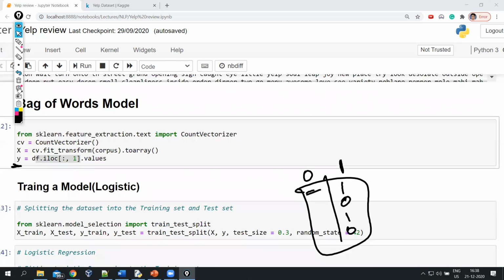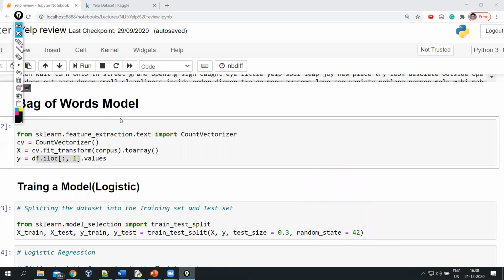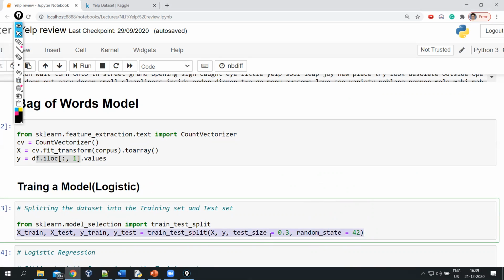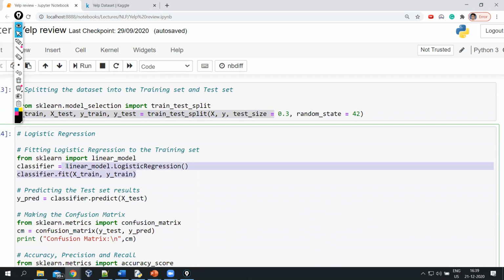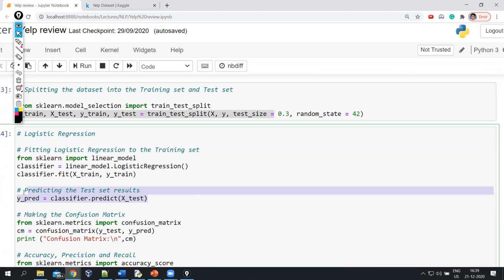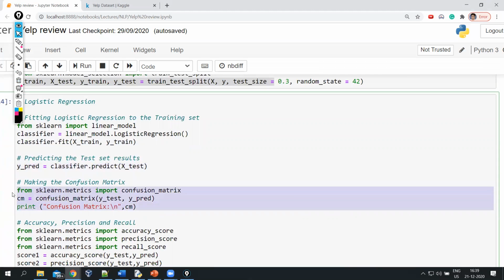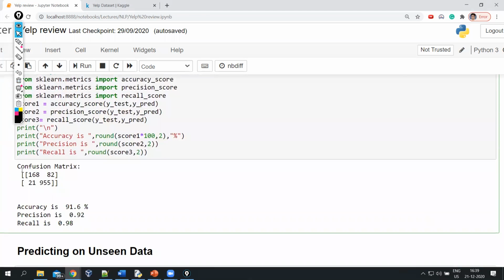Okay, so that is all about preparing the data. So I hope you are starting with NLP, so your machine learning is clear. I have used a simple logistic model on top of it, which created a train test split, which is 70/30 in size. Okay, and I pass my training data set to my logistic regression model, which will give a 0 or 1 prediction. After that, I have predicted it, and I have seen the confusion matrix as well. So at the end, you can see the confusion matrix. It has true positive, true negative, false positive and false negative. So you can see my precision is 92, recall is 98, and accuracy is 91.